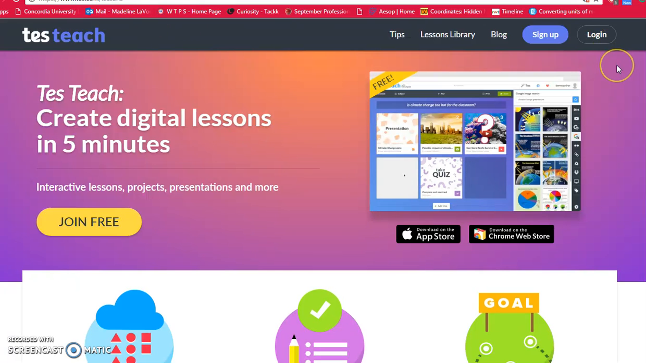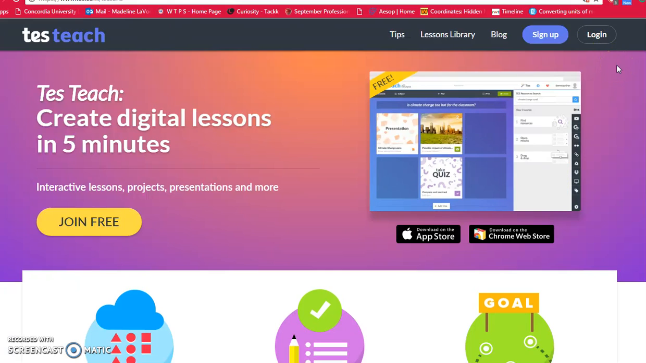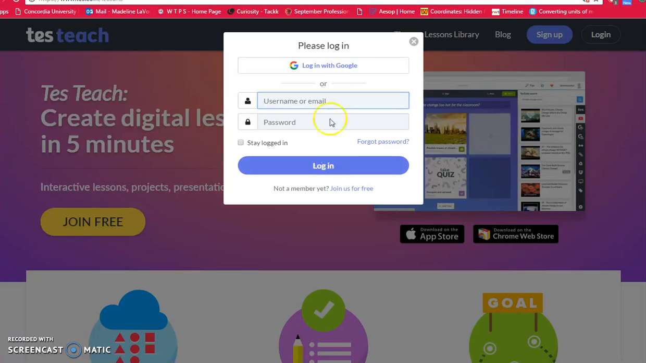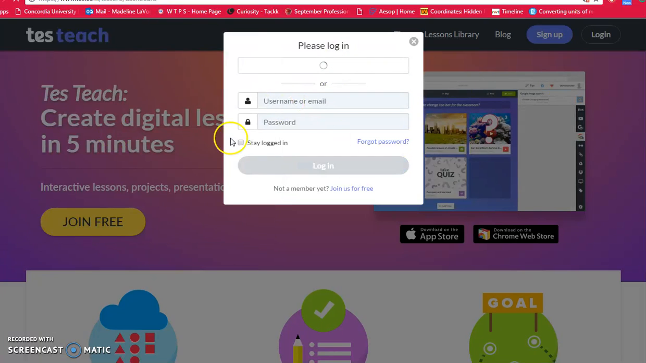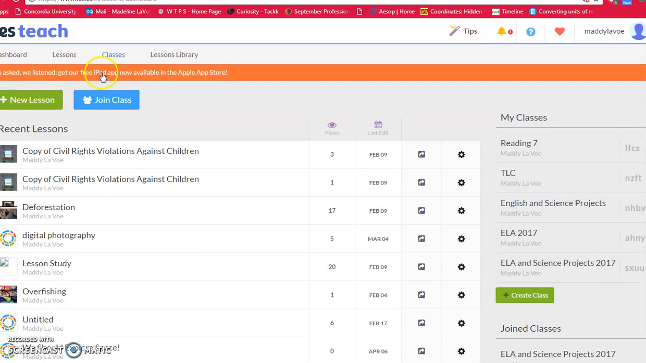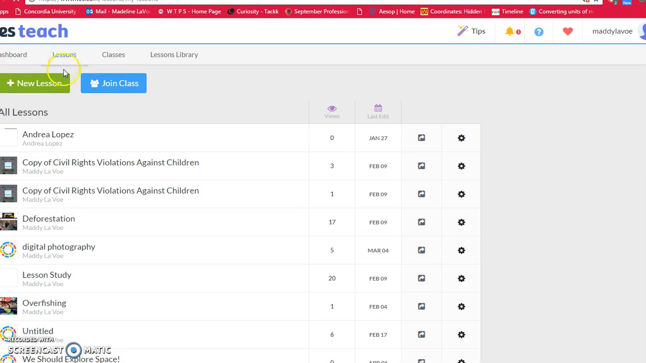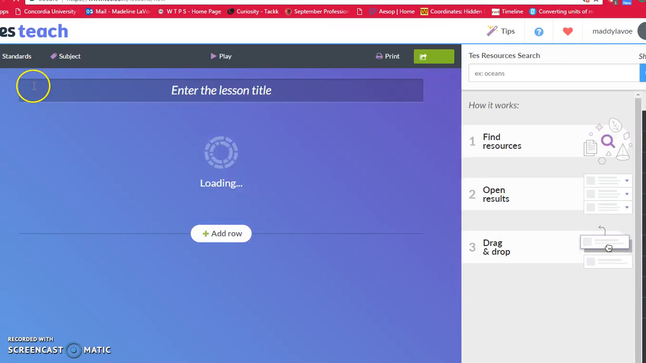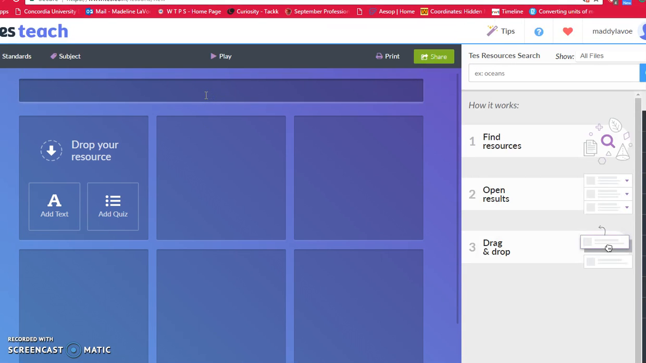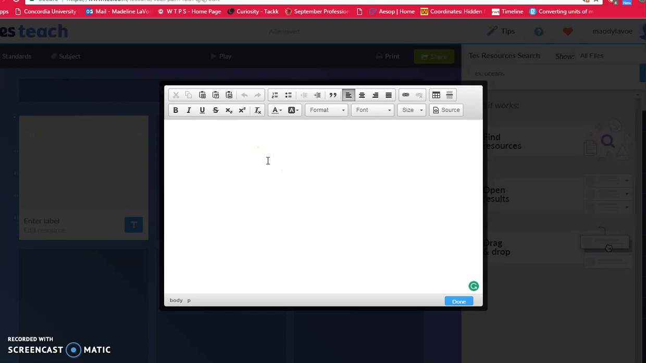If you want to use a blend space, I think most of you have an account for blend space. Some of you have used blend space. I'm just going to log in as myself for this one, but there is a class code you would need to use. So you would click on lessons. You would click a new lesson. Your claim would go at the top. So again, we should explore space. Now for this option, you will want to make a row for each reason. So reason 1,